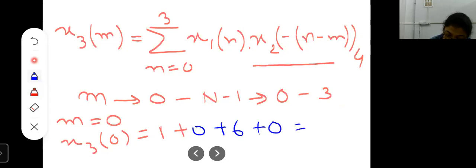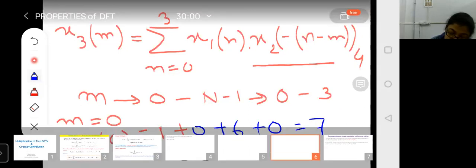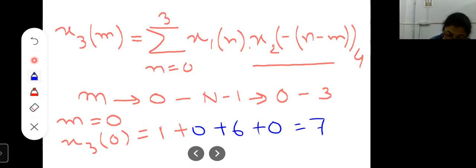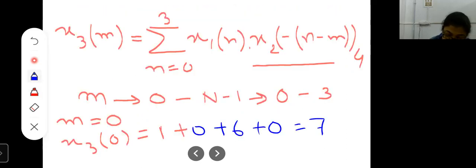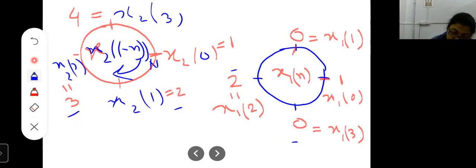Then here the value comes 7. So this way again you have to choose m equals to 1. So I am showing you for m equals to 1 also. Now here I am showing you for m equals to 1. If I choose m equals to 1, then I can write here